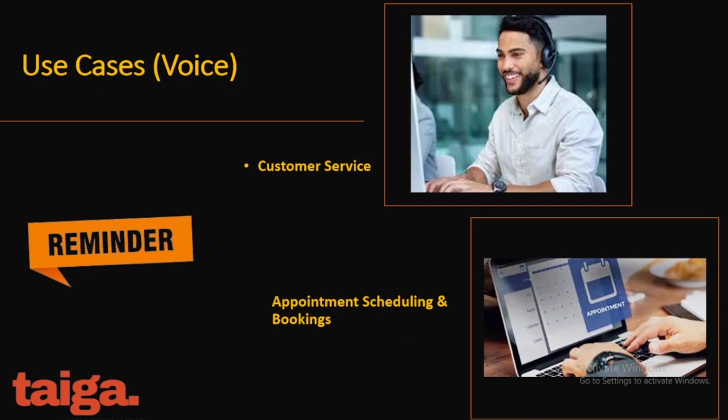Appointments and scheduling. So let's say you get a phone call, you're busy, you're in the field, you miss the call because you're busy. If no one gets back to me in 5 minutes, I'm going to look for the next business, and you've lost out. But now, if you miss the call, the AI can call the person back and say, "Hi, I noticed you're trying to reach us. How can we help you?" And then it goes, "Okay, this is what I need," and it sets up a booking, takes an appointment, sets things up for you. So, setting up appointments and bookings and scheduling calls and stuff like that,